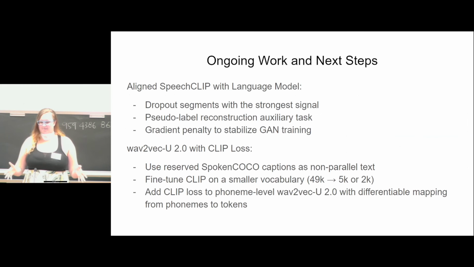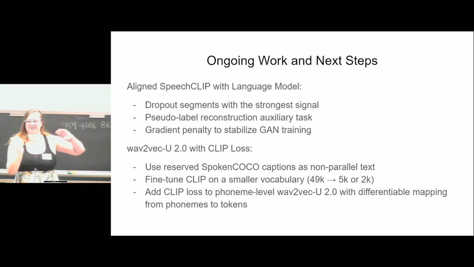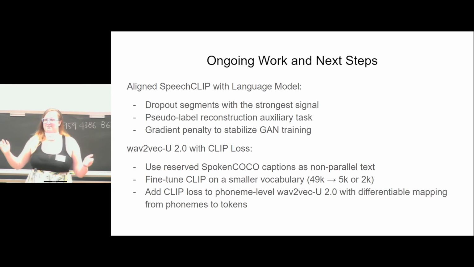So what are the next steps for this project? In the direction of the aligned speech clip model, we're going to add dropout for the segments that have the strongest signal so that it doesn't learn to map a bunch of segments to a default token, so that it has to pay attention to all of the segments, not just the easily recognizable ones like kitchen. We're going to add a pseudo-label reconstruction auxiliary task in order to separate out the segments that are similar semantically but not similar phonetically, to try to get around the bucketing issue that we're observing. And then we're going to add a gradient penalty to stabilize the GAN training where this large model is the